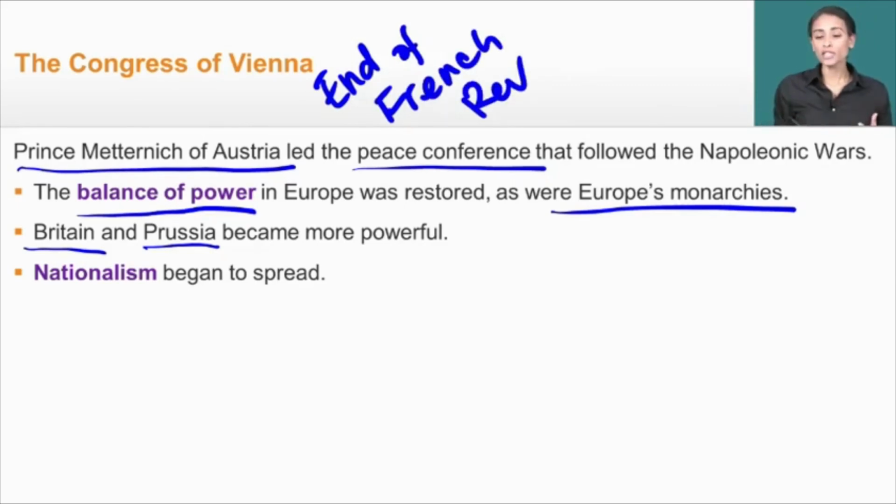Now, most of these monarchies at this point see those ideas of the Enlightenment and the Revolution as failures. But that revolutionary spirit still existed throughout Europe, and as a result, it kind of segues into a new type of political identity, something called nationalism, extreme pride in one's home country. So let's take a look at the effects of the Napoleonic Wars and the Congress of Vienna and just make sure that we understand kind of all of the big events that came out of those.